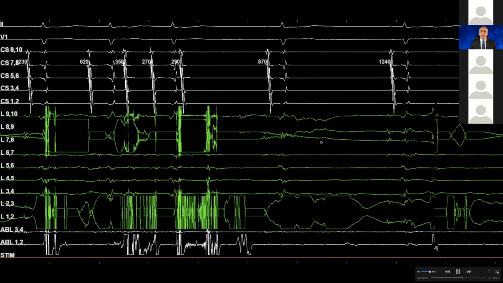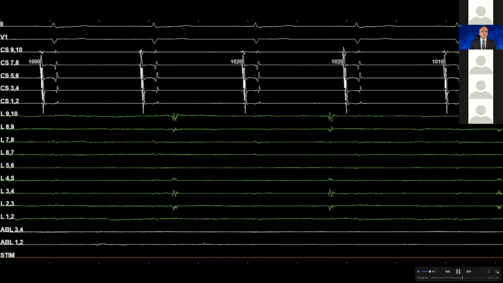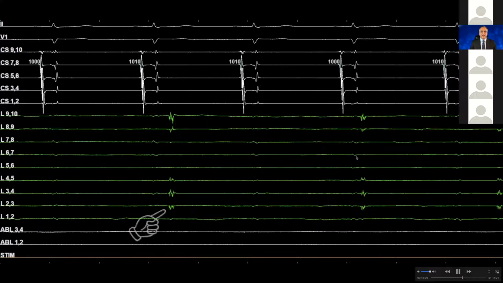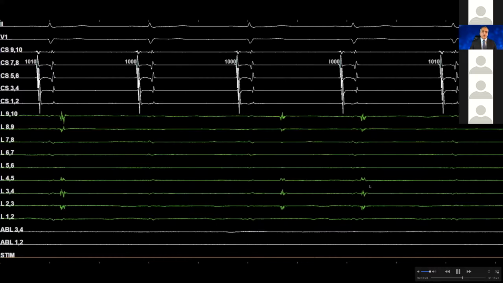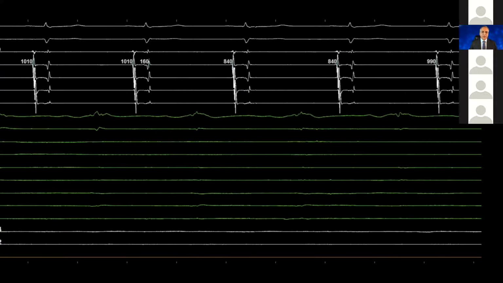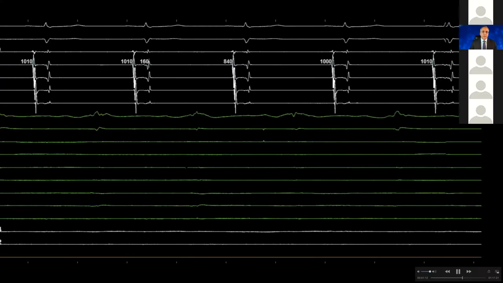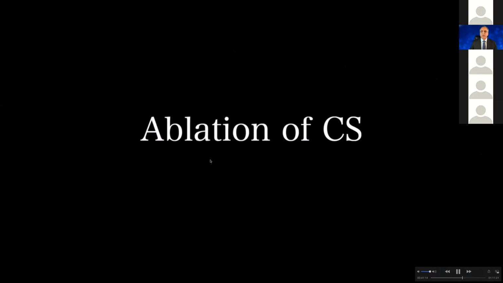The tachycardia terminated here. But when you look at this, interestingly, you can see that the posterior wall is dissociated here, but there is still posterior wall there. Many times it is epicardial. You've got to go and find that area, find the earliest spots, get rid of it, and make sure that your posterior wall, of course, is completely